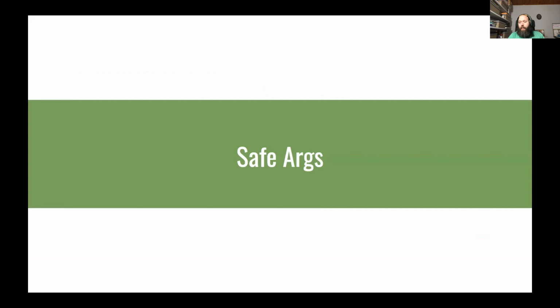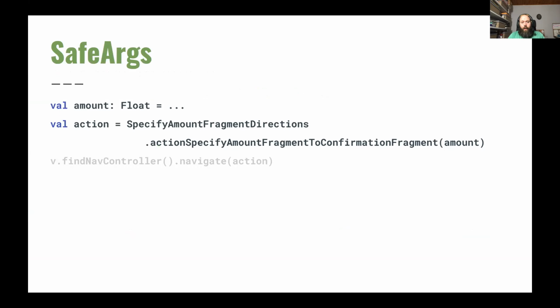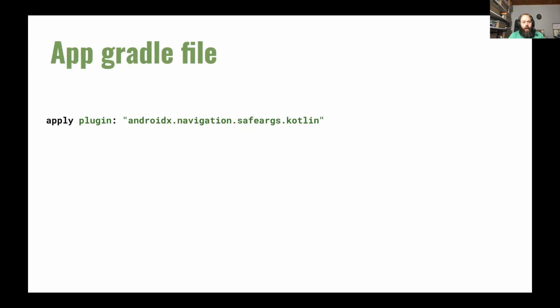Let's see how to implement the SafeArgs plugin. Basically, as I said before, if you have the SafeArgs plugin, you don't have to specify your actions by code, because all the actions will be generated automatically.